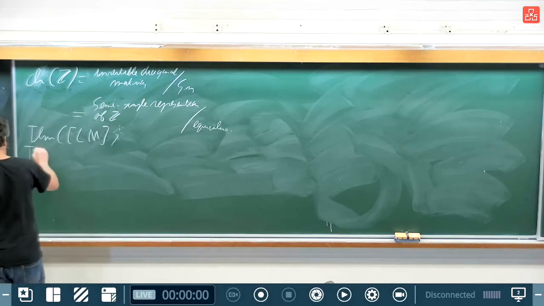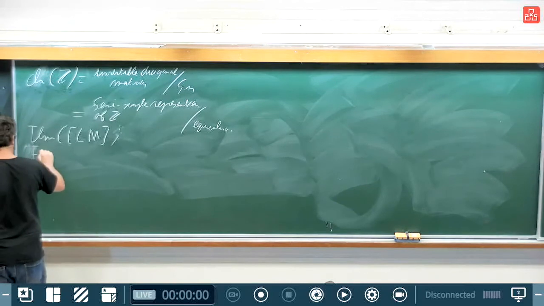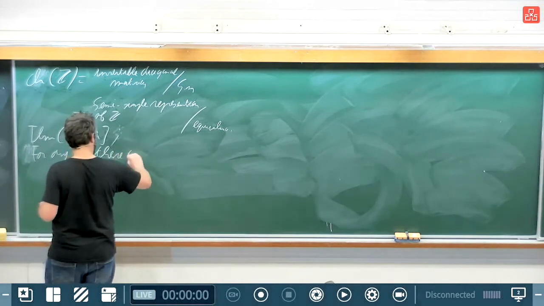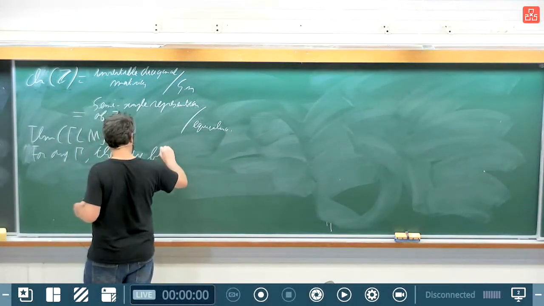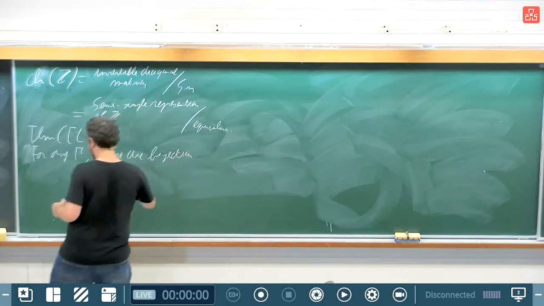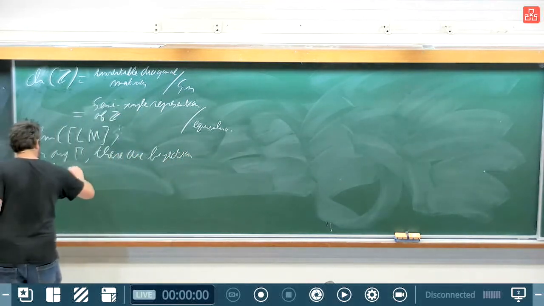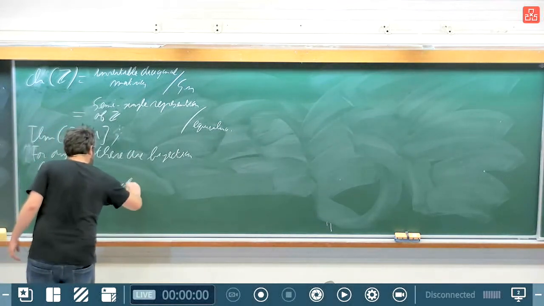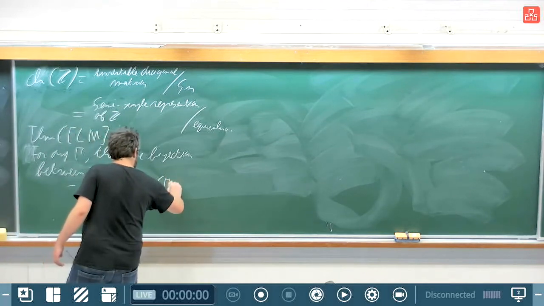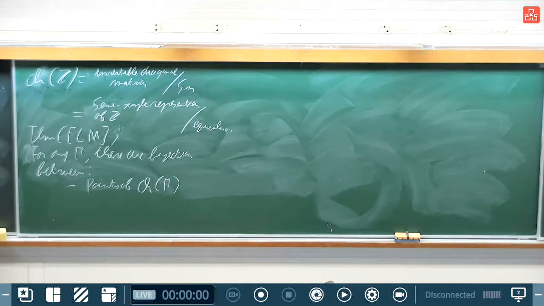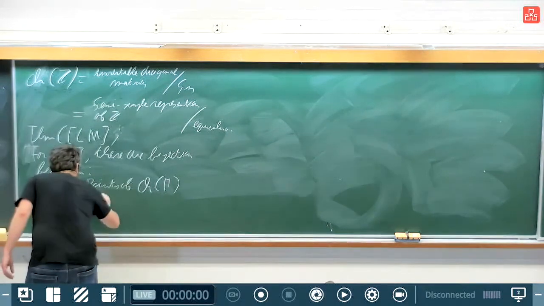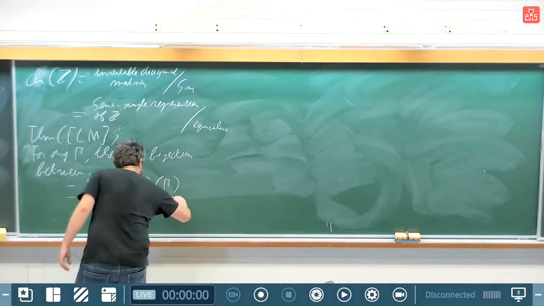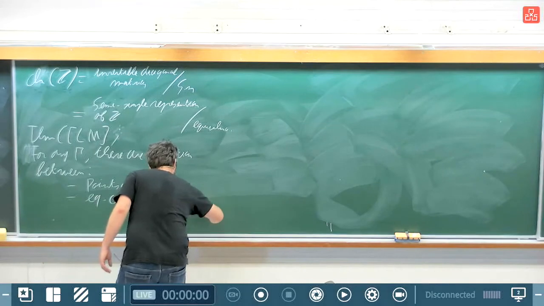So the idea is that for any gamma, there are bijections between the points of the character variety of gamma, the equivalence classes of semi-simple G representations of gamma,